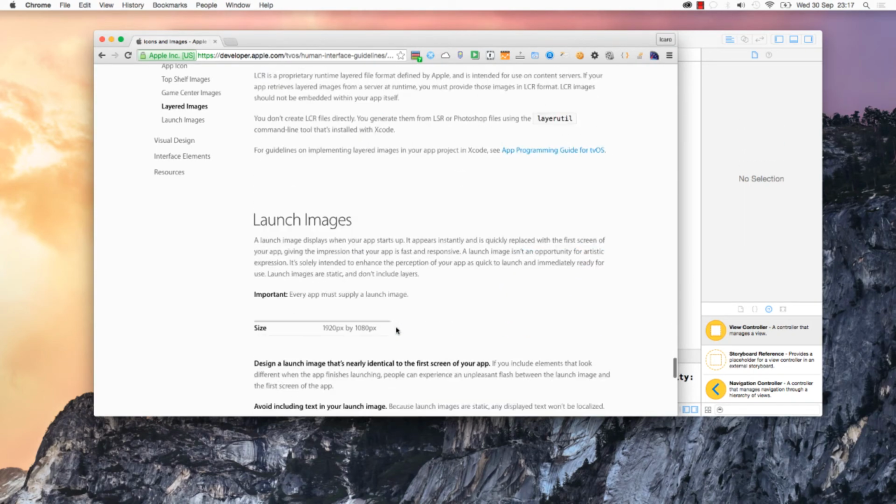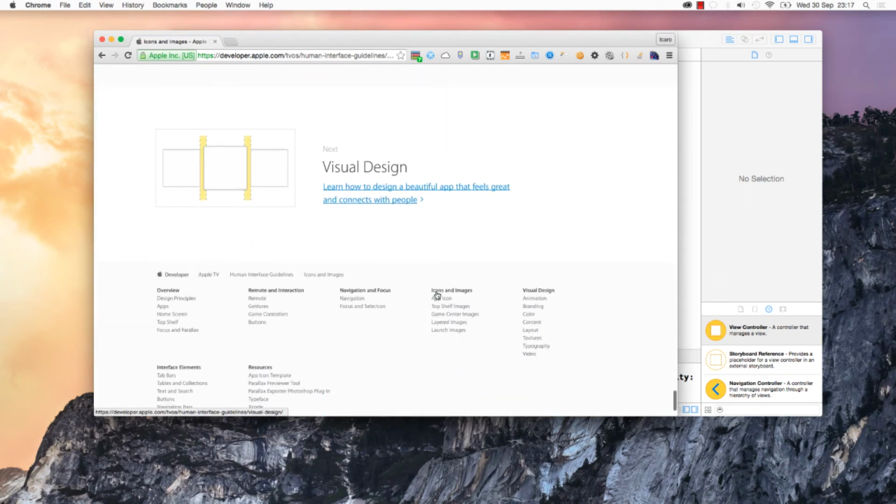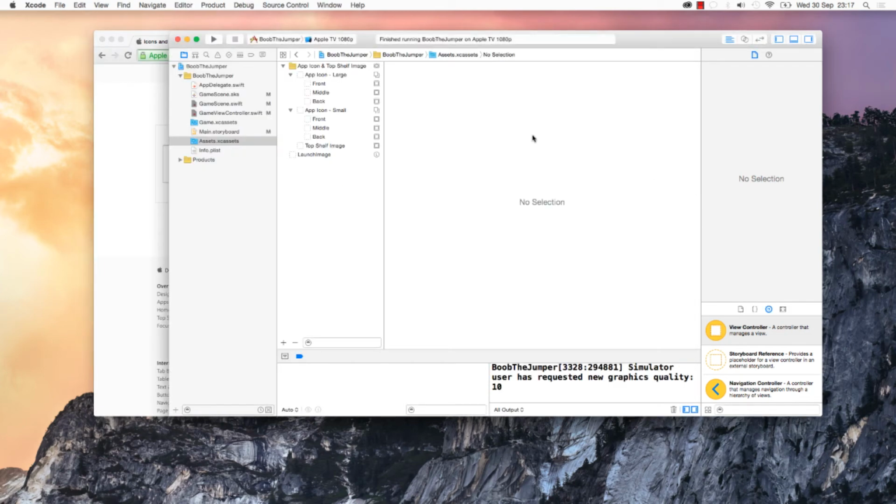You can choose different ways, but if you are going to display the top shelf, you can put it here, and then the launch image as well. You can also load the top shelf from the internet,